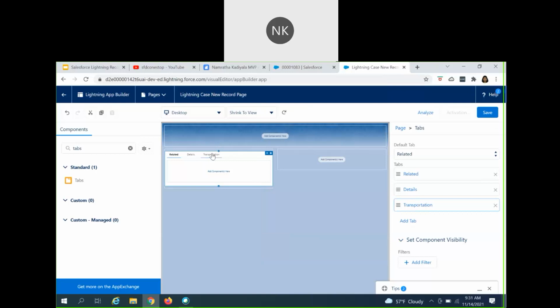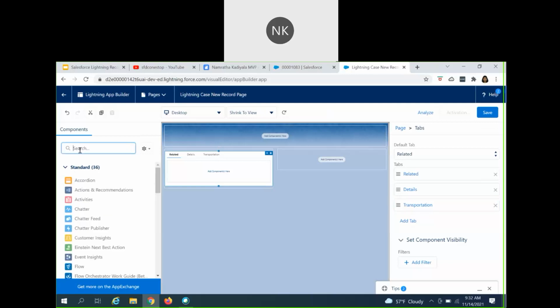Likewise, you see here the tab is getting added. Now let's concentrate on the right hand side. We'll just build this page, and then in our next demo we'll try to enhance this Lightning case new record page by talking about other different standard components, that is, enhancing the standard components.